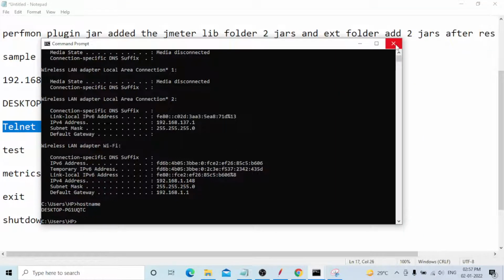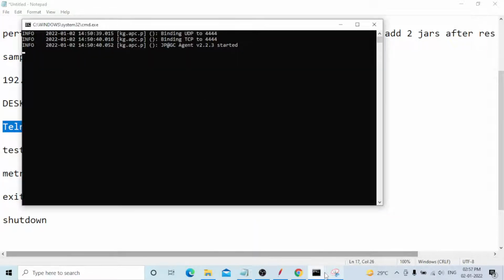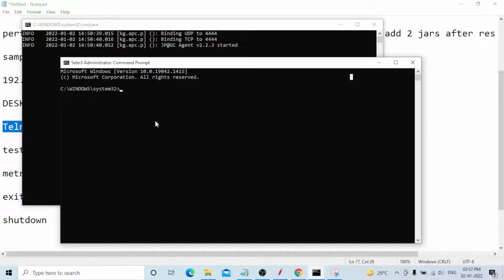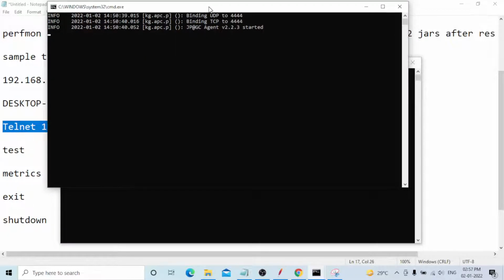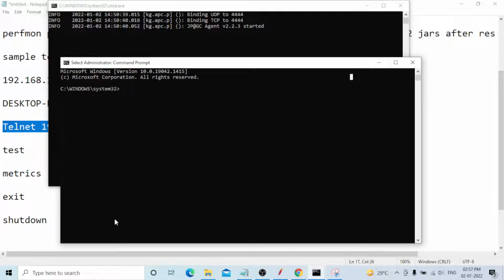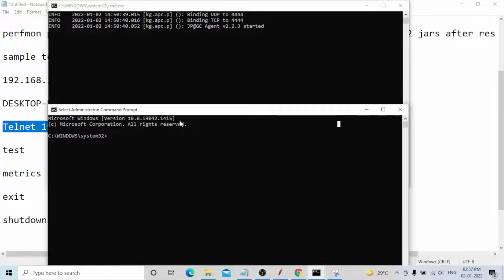Sorry, this last one is closed. This is my agent, this is my machine. This is our machine. This is the agent, and this is our command prompt in administrator. You can paste all the things.